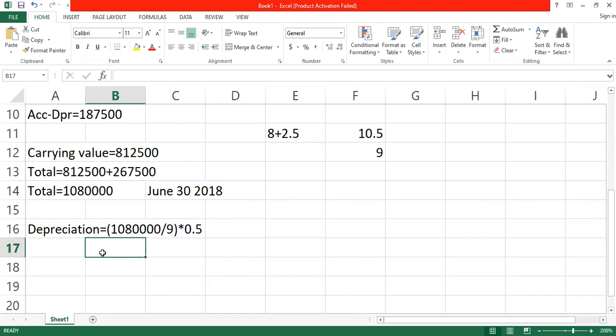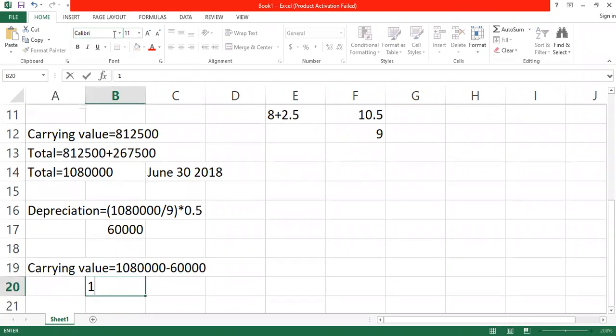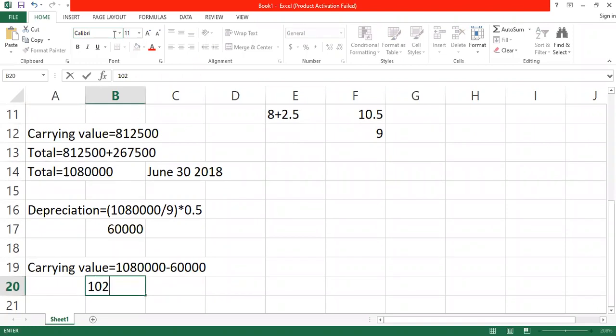60,000. So it means that from June to December, we use 60,000 of the assets, isn't it? So what will be the carrying value as at December 31? What will be the carrying value now? It will be the 1,800,000 minus what? 60,000, isn't it? Yes. Okay. So carrying value will now be 1,020,000, isn't it? All right. 1,020,000. That is the new carrying value now,